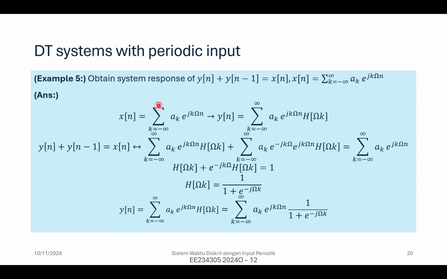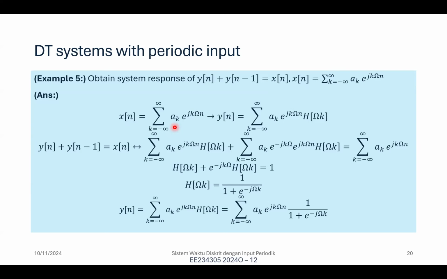So we know the structure of the problem now: xn has coefficient ak, and for yn we try to find